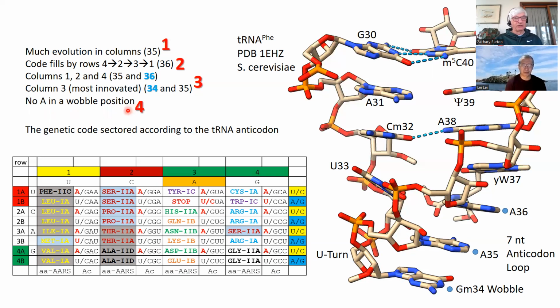And there's no A in a wobble position. So why this isn't written into every paper about translation, I have no idea, but I suggest that it become part of the lore. There is no A in a wobble position, and I don't know all the reasons for that. I wish I did, and probably somebody could figure that out pretty easily. G is sufficient, it interacts with both U and C, and U and C have enough ambiguity that they never code for two separate amino acids. Got all that? Me neither, but we'll go on.